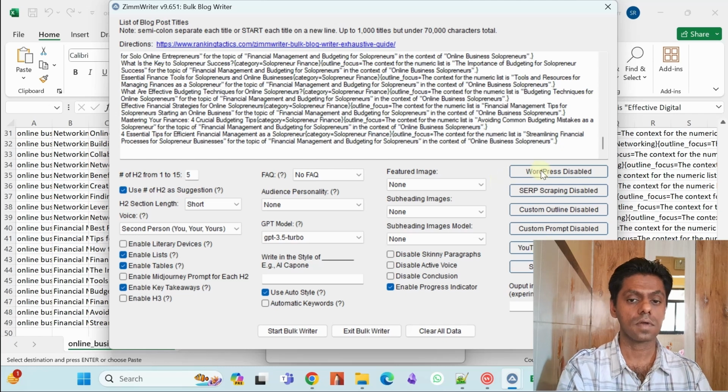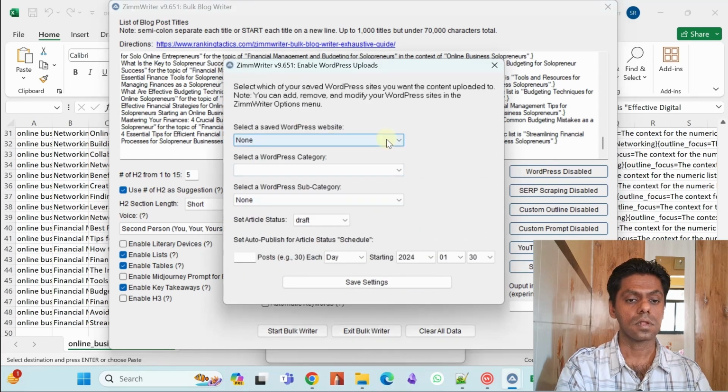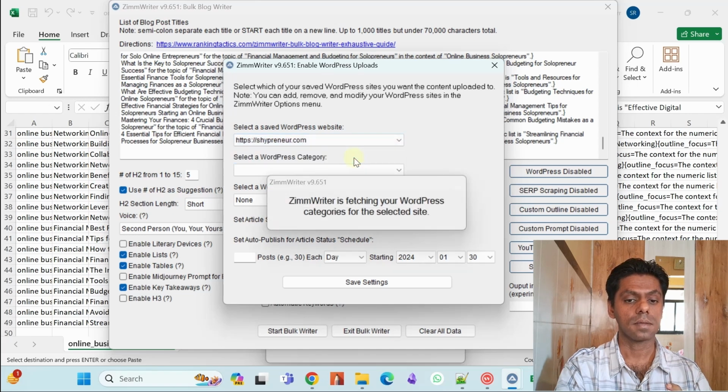So this is what I'll be using, the WordPress. Right now it's disabled, so click on that and you can then select particular settings. We have already configured one of our WordPress websites, right? So you can use that and that will get enabled. It will fetch the categories of this website and you can select any particular category you want to publish